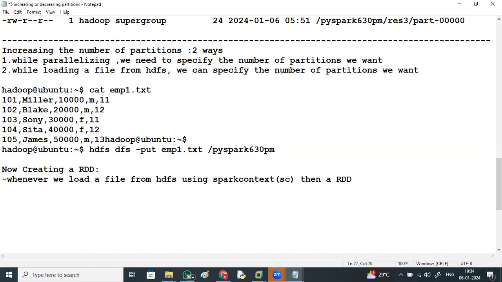Now see this. Now I'm loading a file from HDFS. R1 equal to